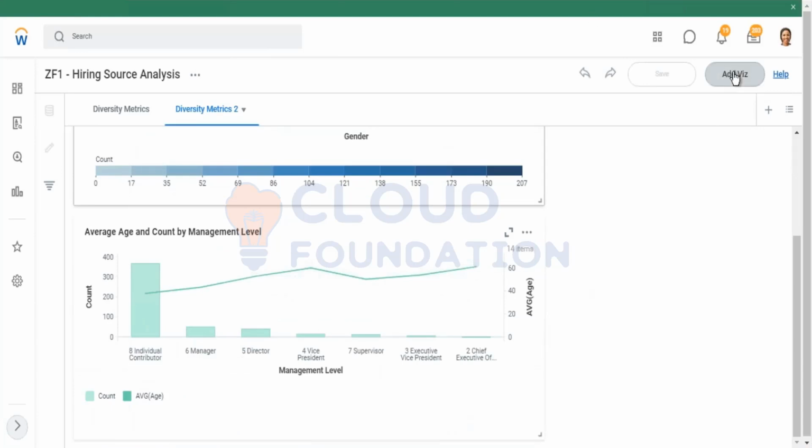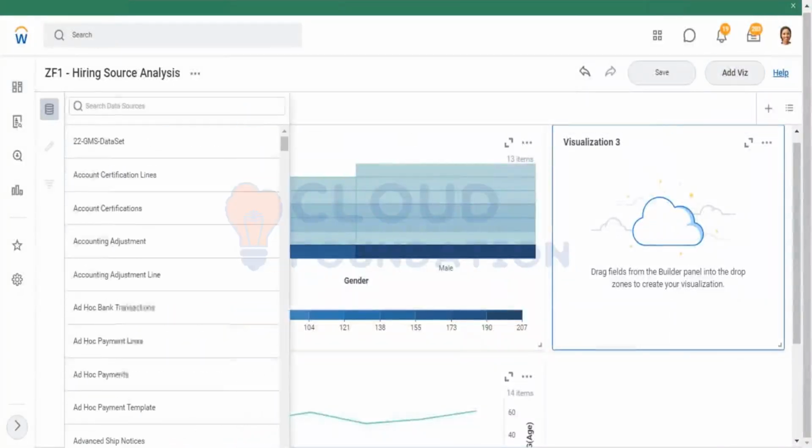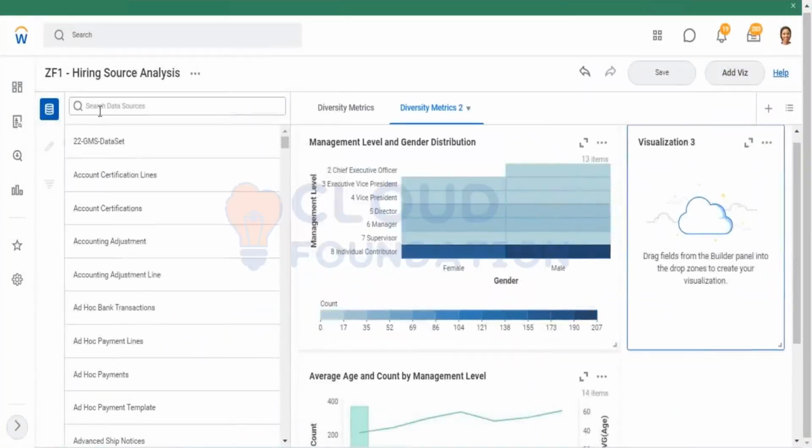Okay, I am going to add a new visualization. Now when I go in here and select the data source, I'm selecting workers